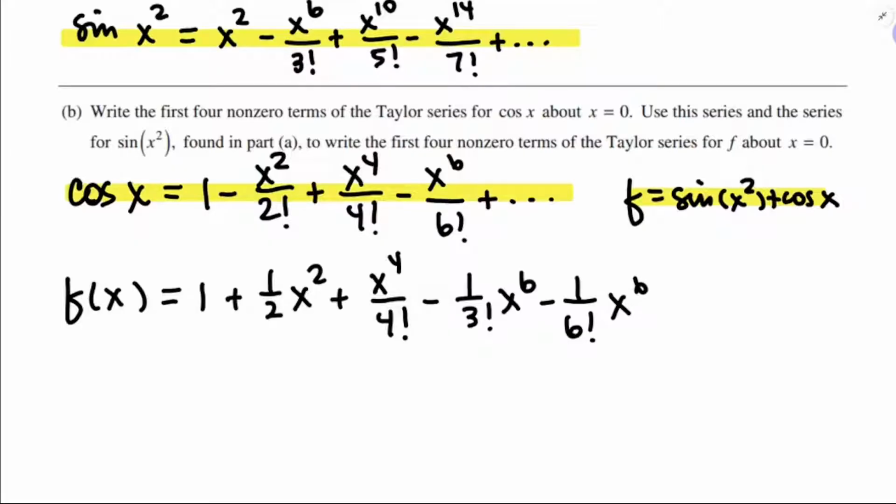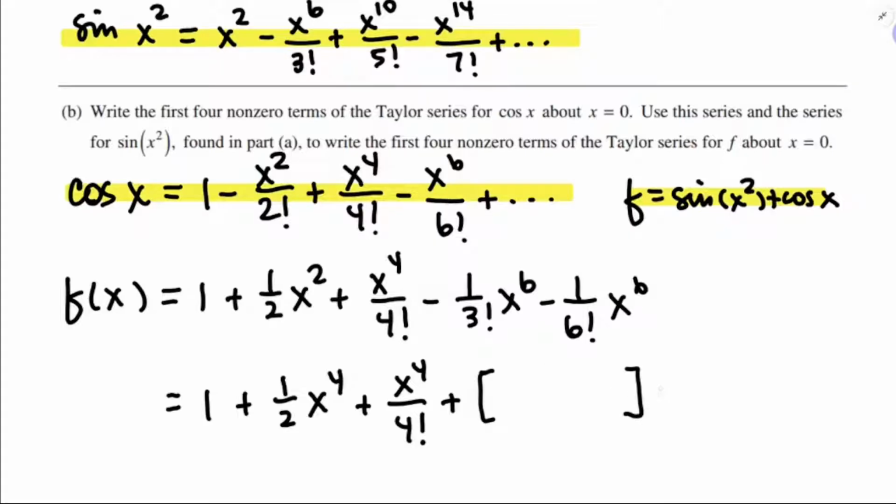Okay, and I'm not sure if you're good to stop here. I have graded problems like this, but not one exactly like this where there was a combined like terms situation. Me personally, I would want it to be just 4 terms. Even though I know that's AP Calculus and we really don't have to simplify, I feel like I might need to do something with it. So what I'm going to do is factor out the x to the 6 and just keep the coefficients inside the box. Okay, there we go. And that's going to be the first 4 non-zero terms of the Taylor series for f